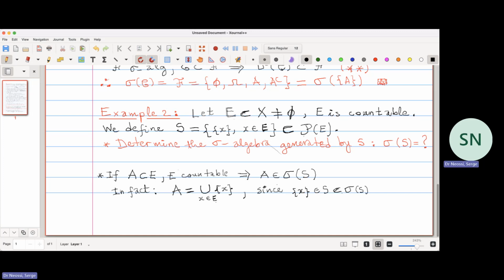So in other words, this singleton x is in the sigma algebra generated by S, but because it's a sigma algebra, it's stable by countable union, right? This being a sigma algebra,